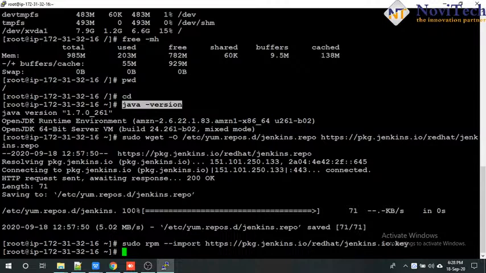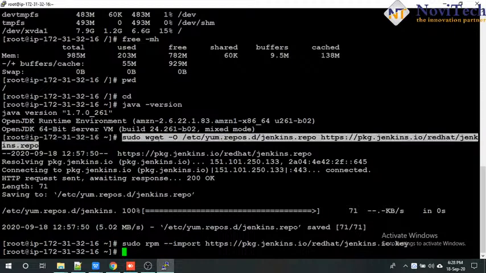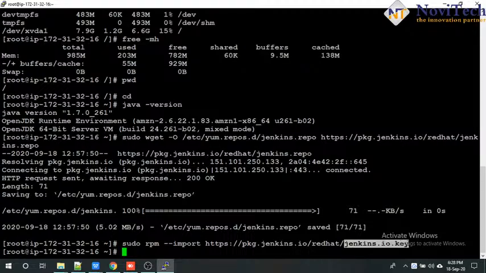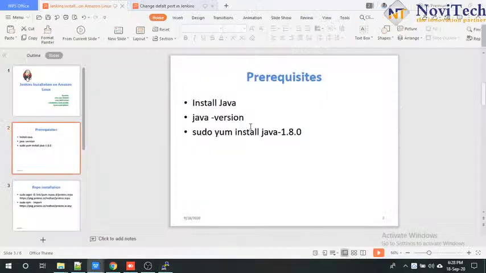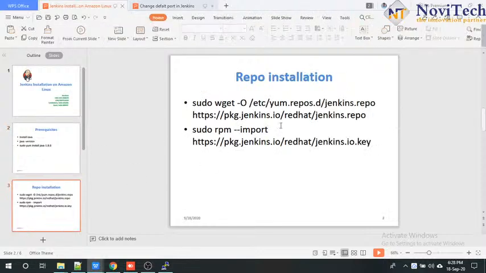And sudo wget, this is called repo. So this is the repo installation, and this is for the Jenkins.io installation. So this is the prerequisite for Jenkins. One is Java, another one is repo installation. So then we are all set for